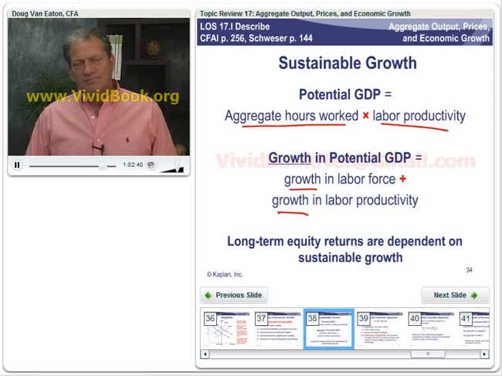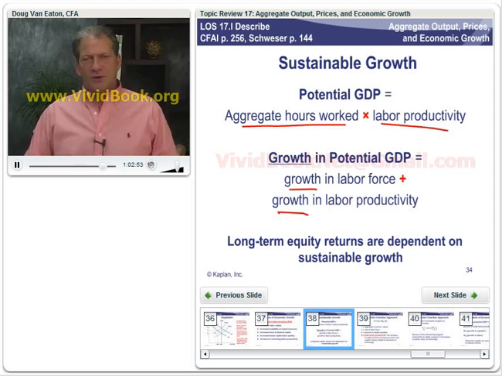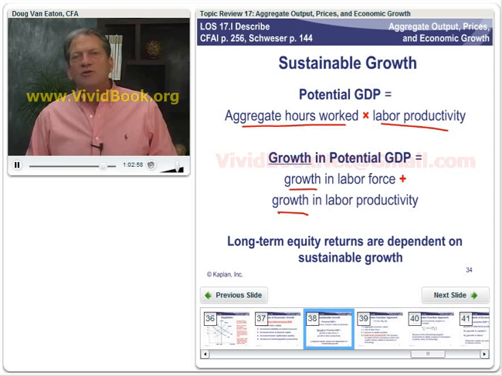Because if you take a day of labor and give that worker more capital to work with, it's going to be more productive. Now, returning to finance from economics just briefly, long-term equity returns are dependent on sustainable